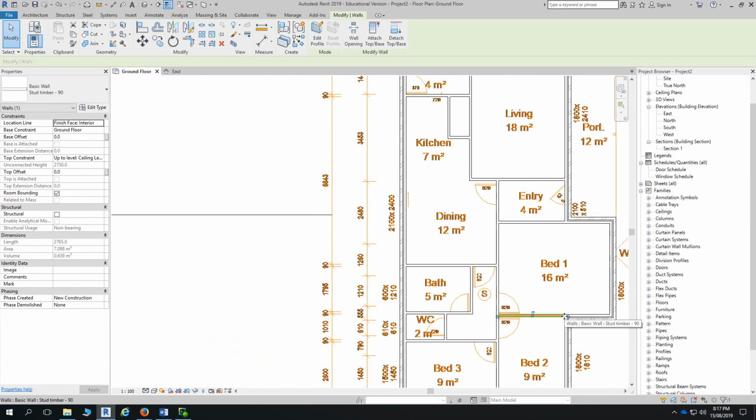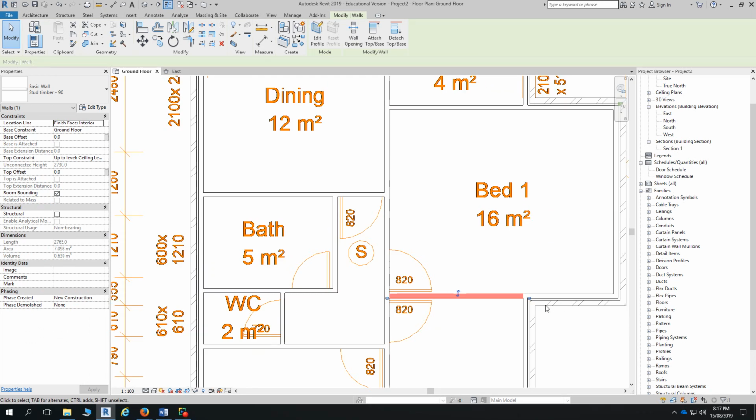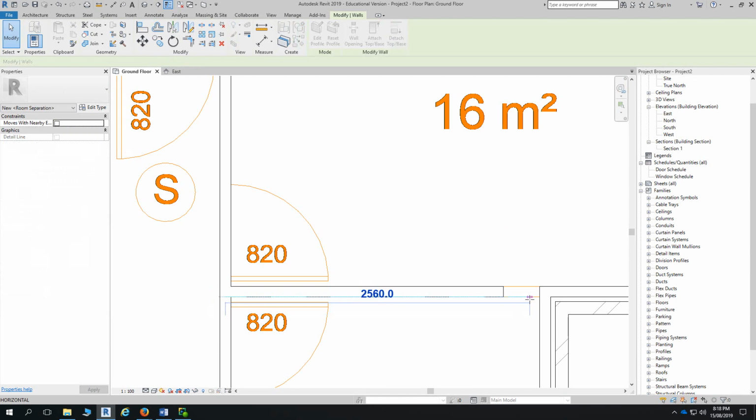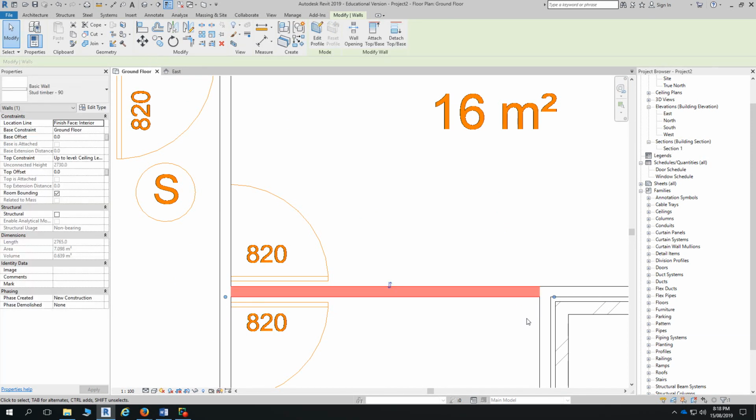Just trying to think how I can replicate. So sometimes if I use the align tool that way, it'll move that exterior wall as well. It'll look like the plasterboard wall on the inside is lined up, but the brick wall on the outside will be the exact same amount off. So sometimes it's just worth dragging the blue dot off, then aligning it, and then dragging it back. If you get that sort of chasing your tail, moving one wall and the other one goes out of the way. I can't replicate that issue tonight, so trust me, it happens sometimes. Room separator lines seem to be the ones that cause it the most,